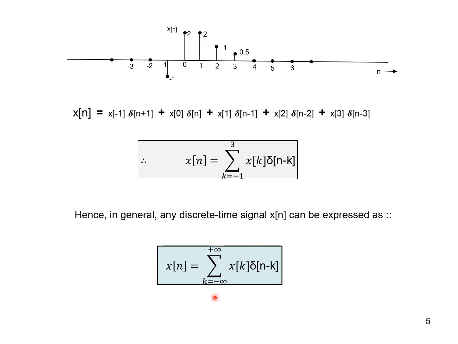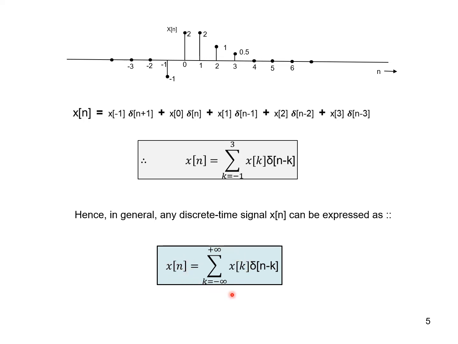Even for a short duration signal I can still write like this, but many of the values will be zeros. So there is a limit for such a signal, whereas this is for an unlimited signal: x of n is equal to summation k ranging from minus to plus infinity x of k into delta of n minus k. This is the basis I told you. I'm using this expression for representing a discrete signal, and I'll always represent it in this form in my future explanations in this presentation.